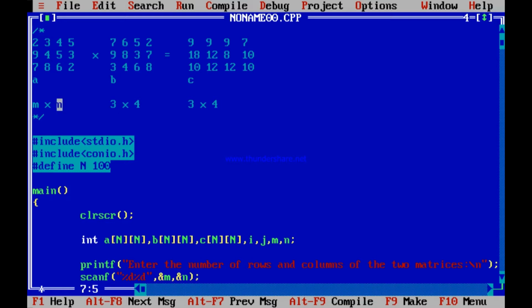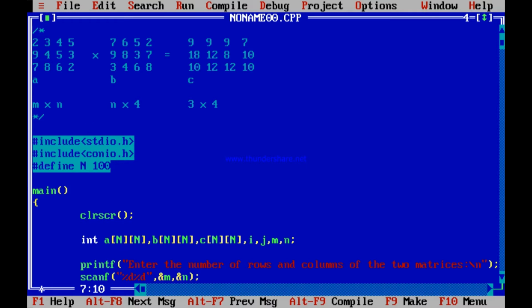The number of columns of the left matrix has to be equal to the number of rows of the right matrix. That is, if this is m cross n, then this has to be n cross something.